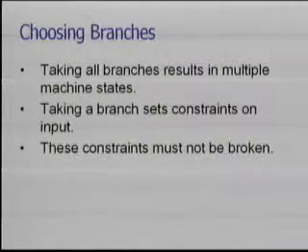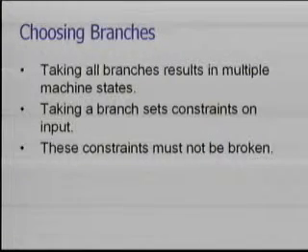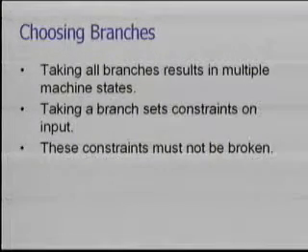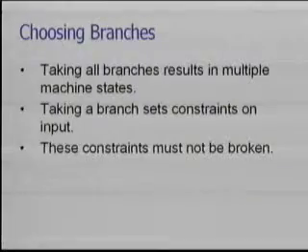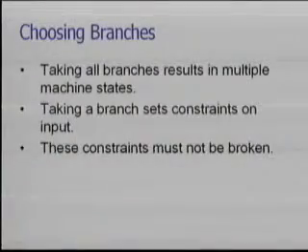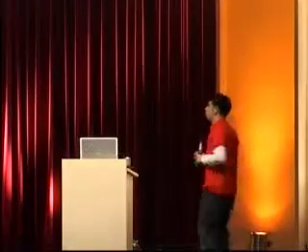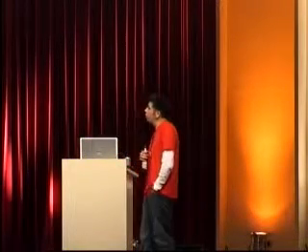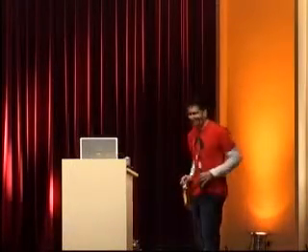So you can take all branches. If you take all branches, you're going to have multiple machine states. And when you take a branch, by the definition of taking a branch, you've set a constraint on the input. If you take a branch and the comparison is is this greater than 5, you have to find that the path is going to be greater than 5 for that value. Something else that you need to make sure is that you don't break these constraints later on. If you've taken a path that says it's greater than 5,